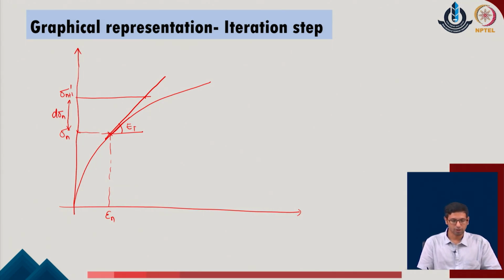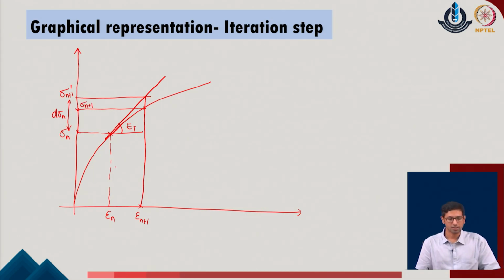Now, with respect to this value, the actual strain in the given problem, if we evaluate, is epsilon n plus 1, whereas the given value is not on the actual curve, and the system will be predicting a different value of the stress parameter, and we call it sigma of n plus 1. So, as a part of the procedure, we first evaluate the change in the strain parameter as a first part of the iteration, as we are trying to correct the system.